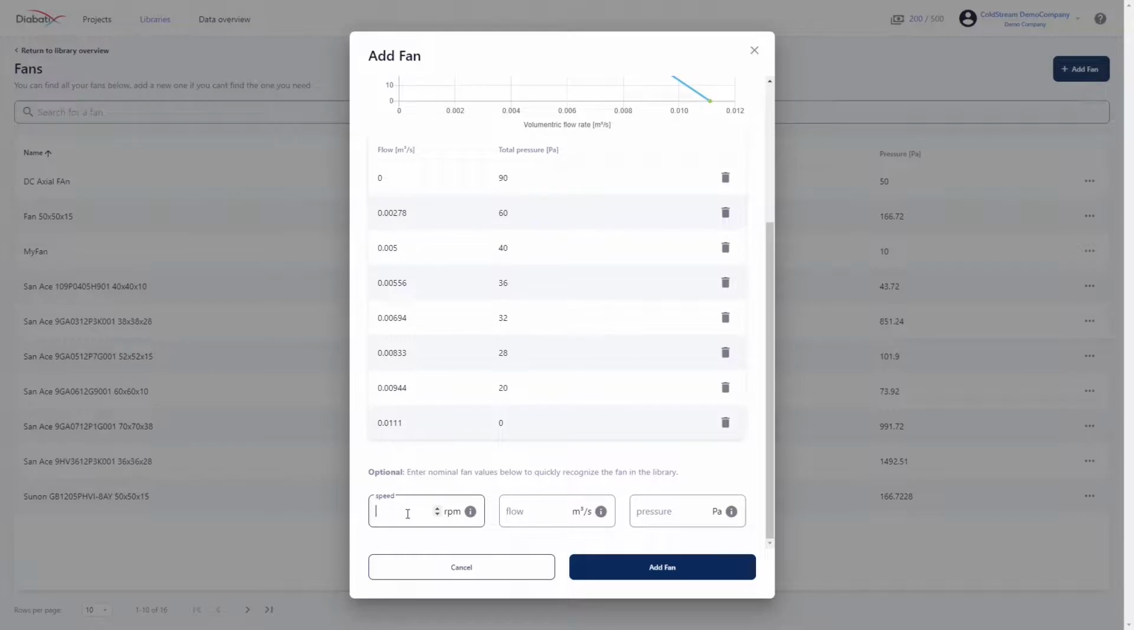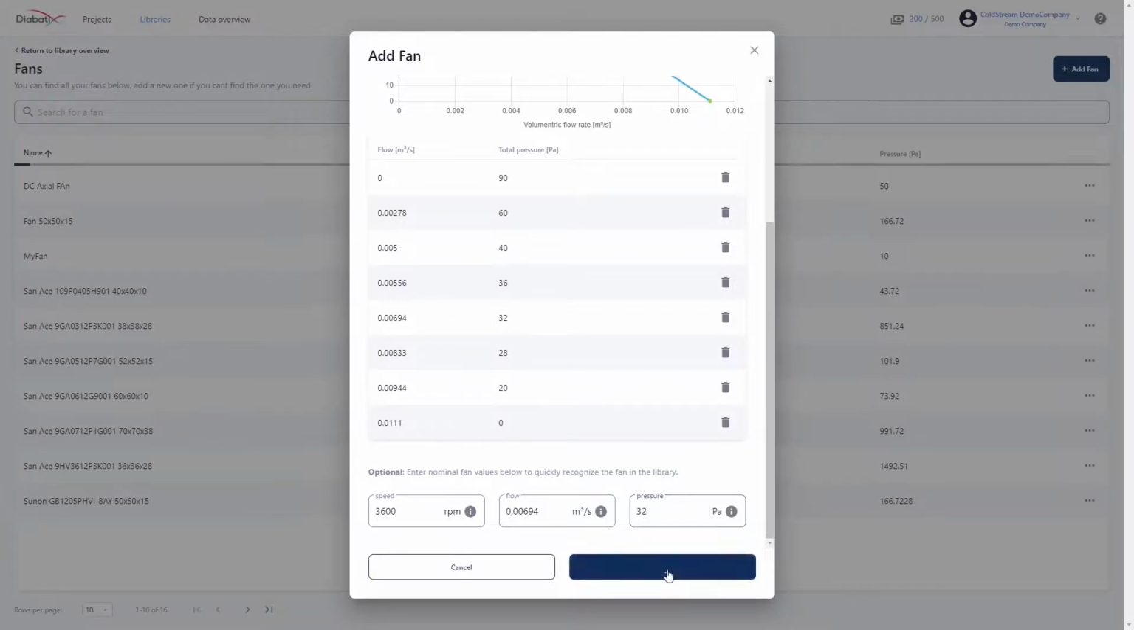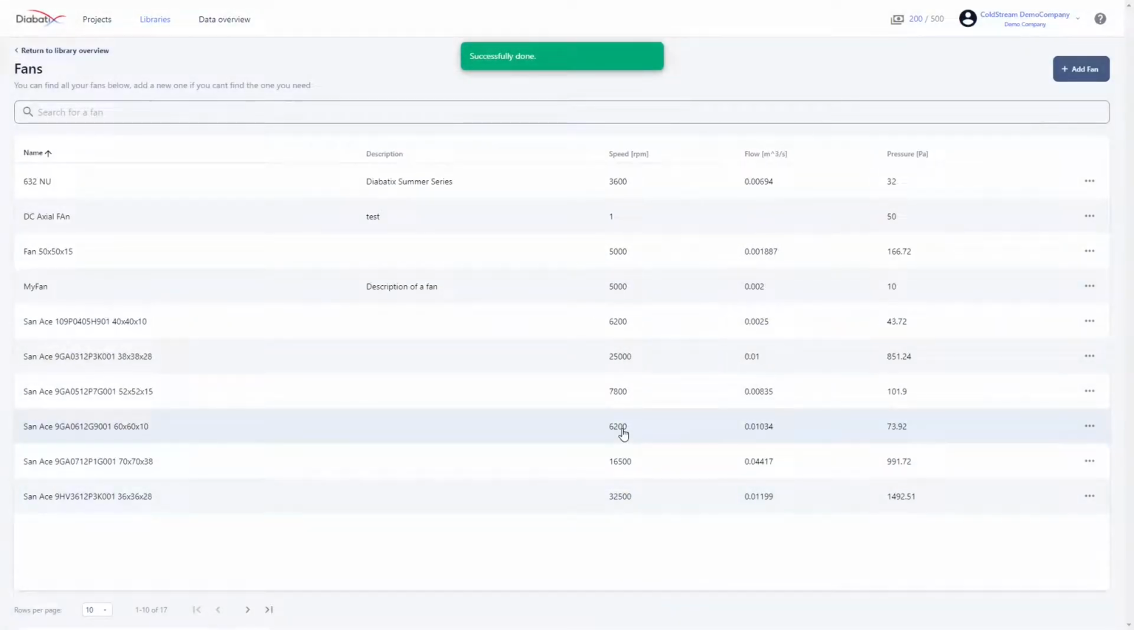You can also add speed. This is something that you can find in the data sheet of the fan itself, and you can simply add the nominal speed there, which is 3600 RPM, and the nominal point, which in this case is this flow rate with the corresponding pressure. Then you can add a fan, and you can use this in all your simulations. So let's go again to the project page